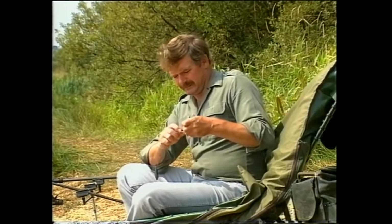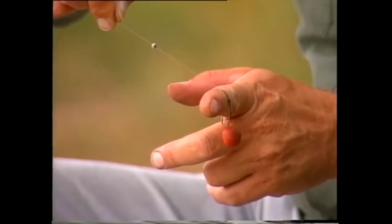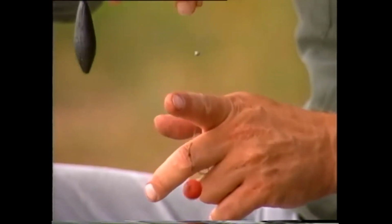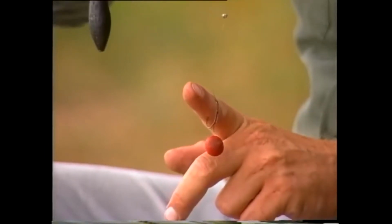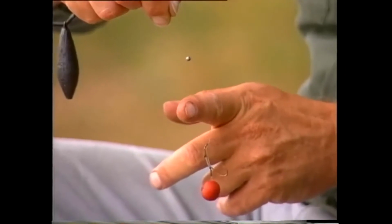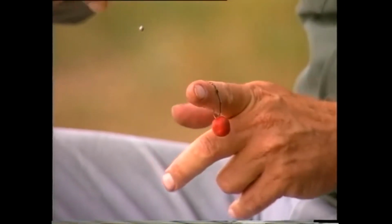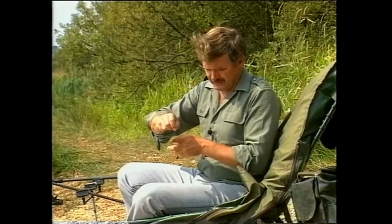And that's the bent hook rig, and in theory the hook should turn as it's taken across your finger. It should turn and hook your finger. If that doesn't work like that, then you've probably not got it right. Okay, so it should turn into your finger,